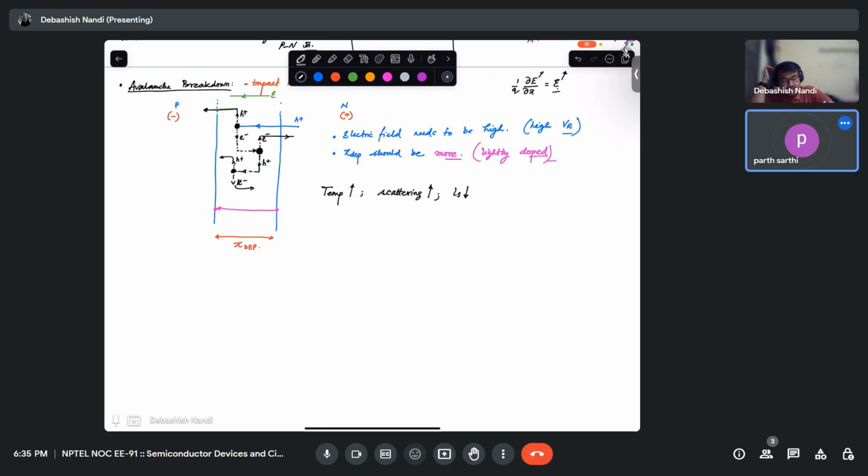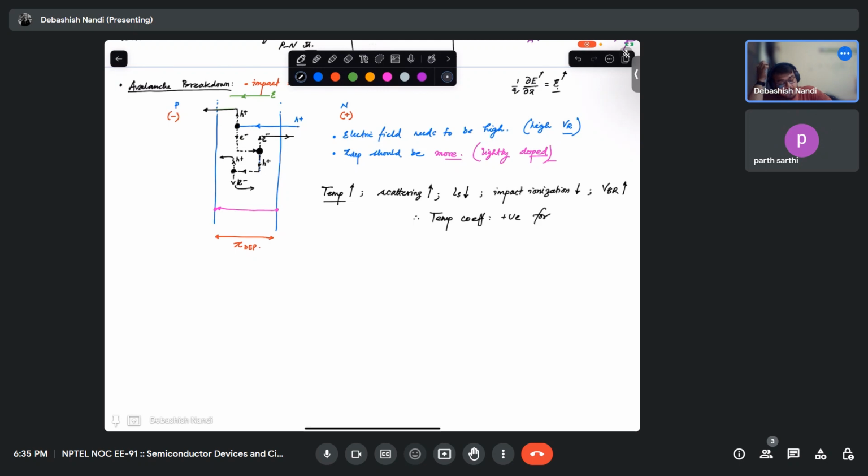If mean free path decreases, impact ionization decreases. If impact ionization decreases, then your reverse breakdown voltage increases. More voltage will be required to create the same amount of impact. So that means the temperature coefficient is positive